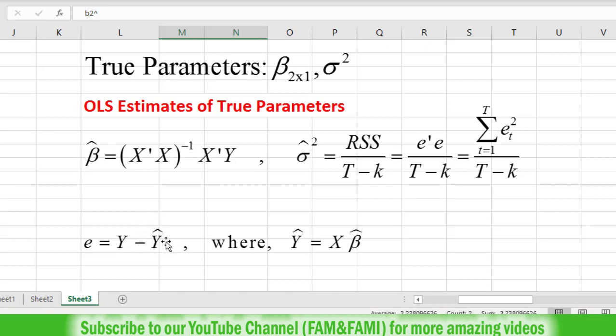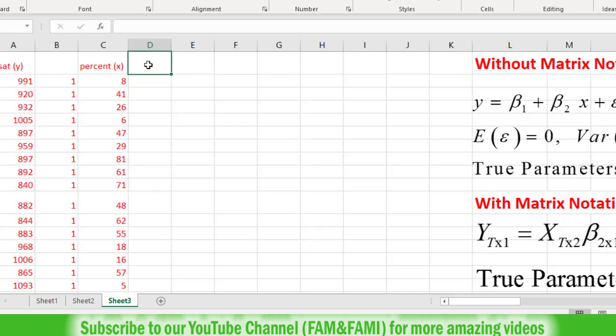In order to calculate this y hat, you need to use this formula. So y hat is the estimated regression line or fitted regression line given by this formula, X times beta hat. We have the matrix X with us. We have just calculated this beta hat using this formula. It means you need to multiply these two to calculate this y hat. So move here and type y hat equals X times beta hat.